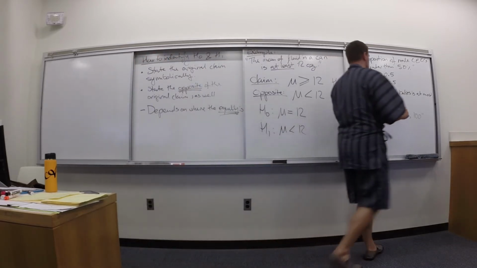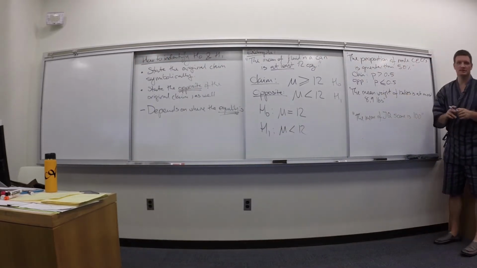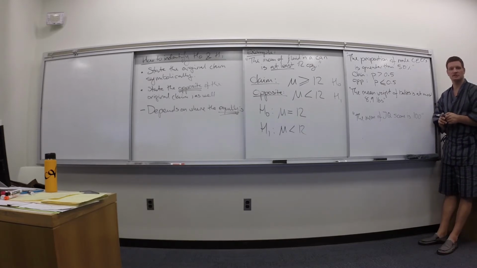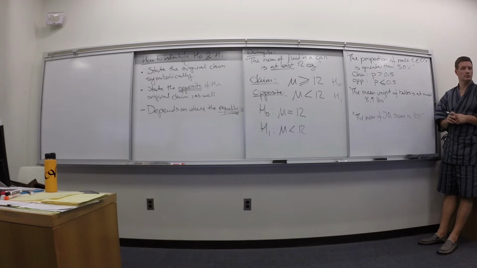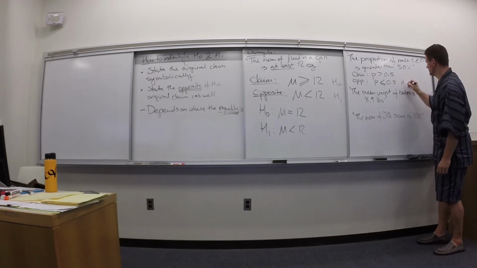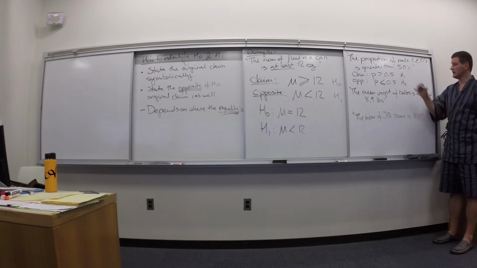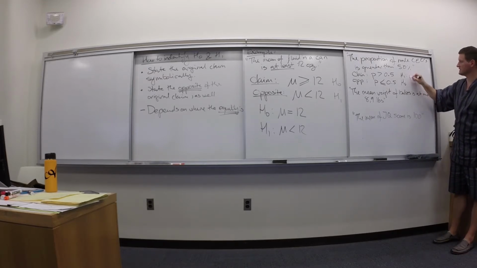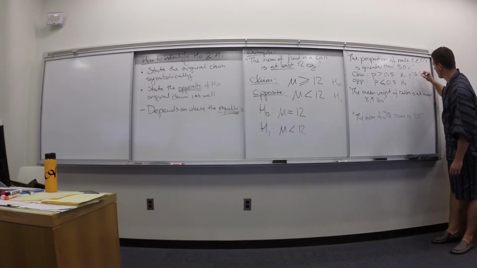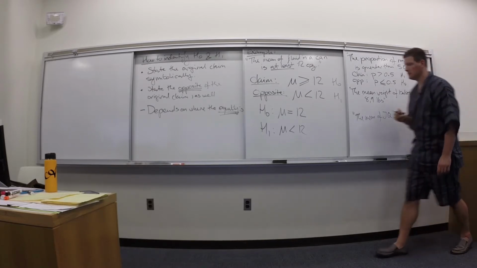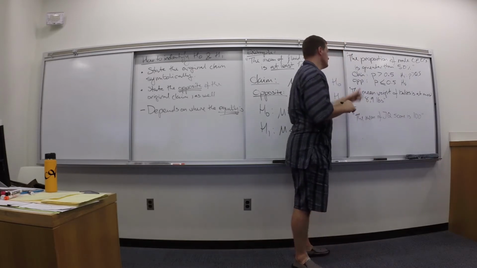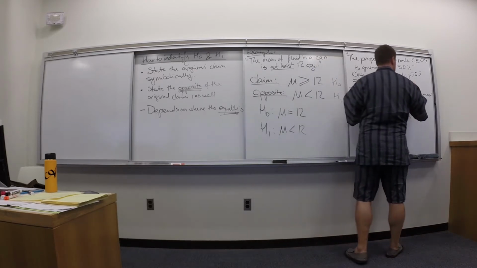Okay, so which one is sub-0, which one is sub-1? Which one is the null hypothesis? The top one or the bottom one? No, the bottom one. So this one is H sub 1, right? And then we restate it. We don't touch H sub 1, so that's still greater than 0.5. But we restate the null hypothesis and we say, hey,